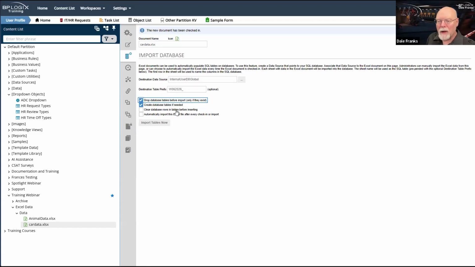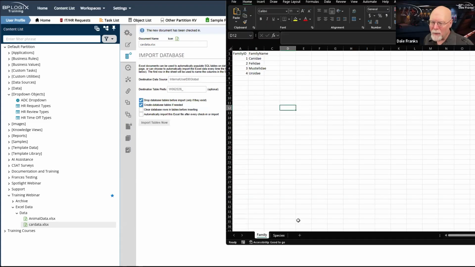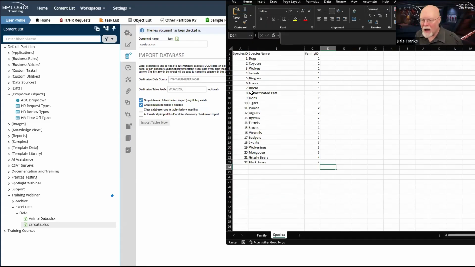Because what this will do, and I actually have two ways of doing things. I have my drop database tables, which if this is set, it will actually delete the old database table and then will re-import all of my data again. And the table will, of course, have the same name, but it will just recreate the table with the data as it currently exists. I actually have two ways that I can do this, and we'll talk about that in a second.